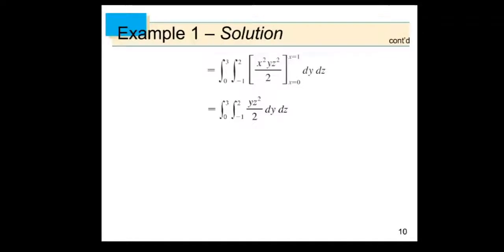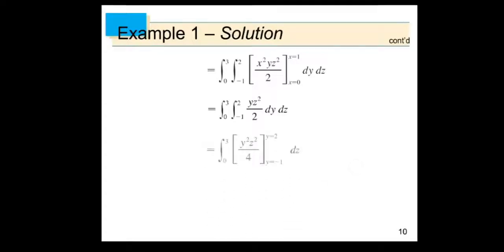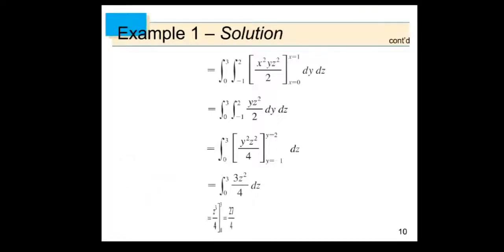Okay, now we can see over here yz squared by 2 dy dz. It means that now we are going to integrate with respect to y. All right, so you can see over here when we integrate with respect to y, our lower limit for y is -1 and the upper limit is y equal to 2, right? After integration we will find something like this,